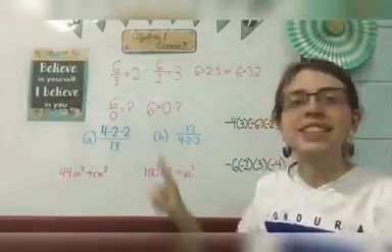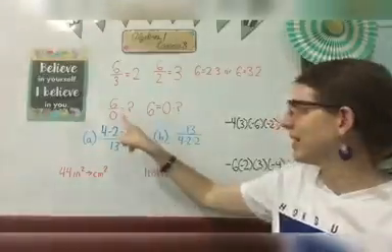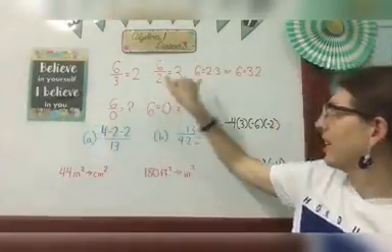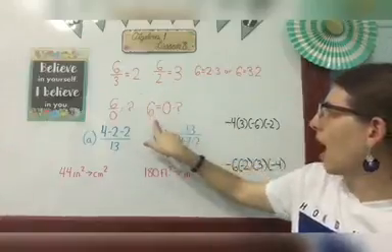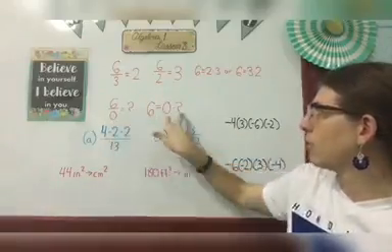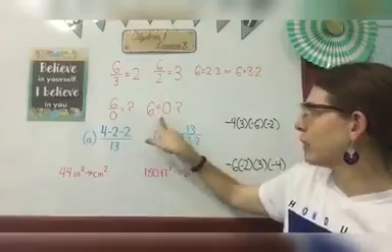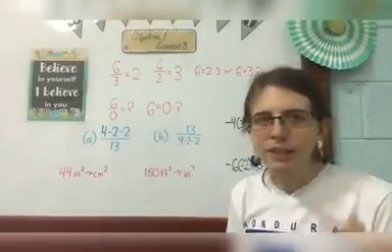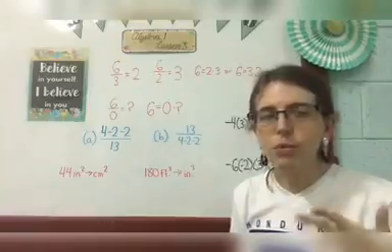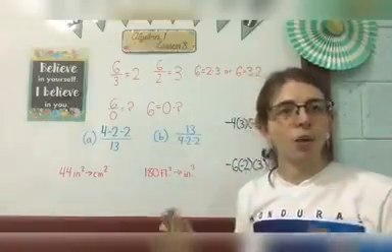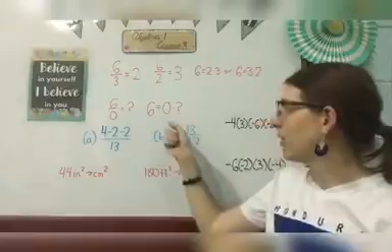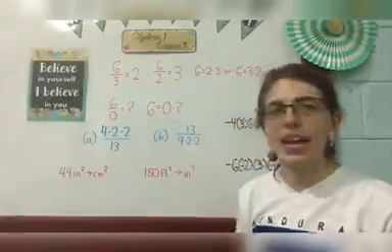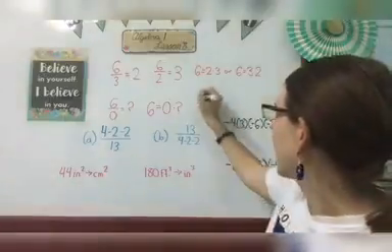Well, what if I have 0 on the bottom? 6 divided by 0, what does that equal? Knowing this pattern, that the number on top equals these two numbers multiplied, that means that 6 equals 0 times something. But every number that's multiplied by 0 equals 0. So there is no number that when I multiply it by 0 is going to give me 6. So that means that any time I divide by 0, my answer is